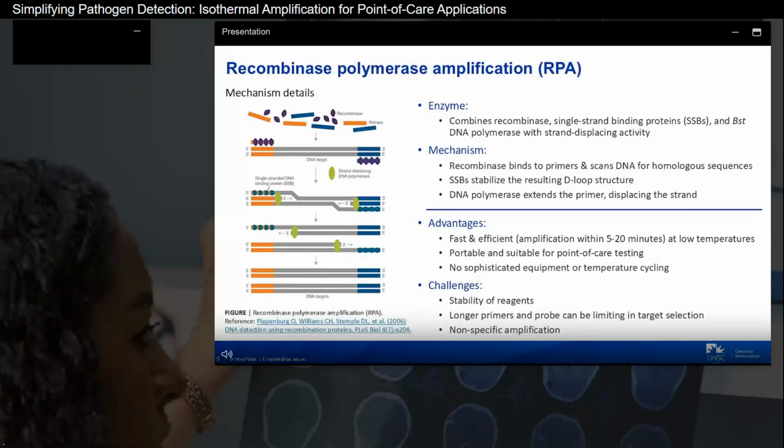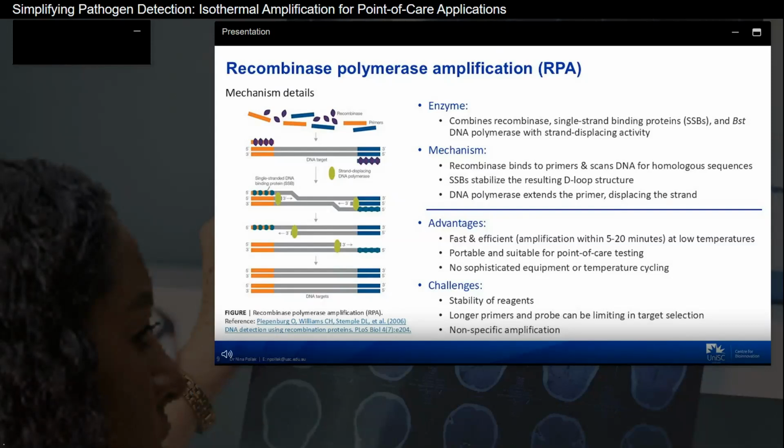Finally, let's explore recombinase polymerase amplification, or RPA. How does RPA work? RPA combines several key components: the recombinase, single-strand binding proteins, and BSD DNA polymerase. The process begins when the recombinase